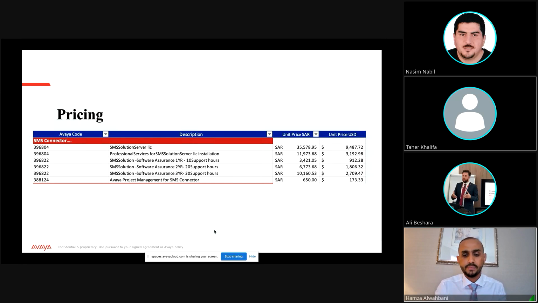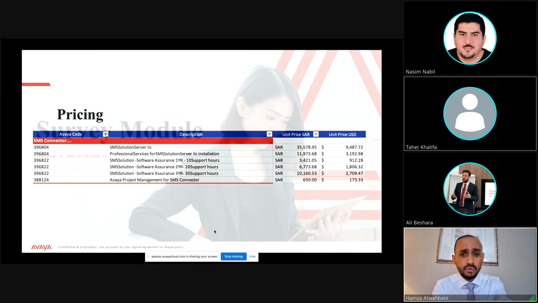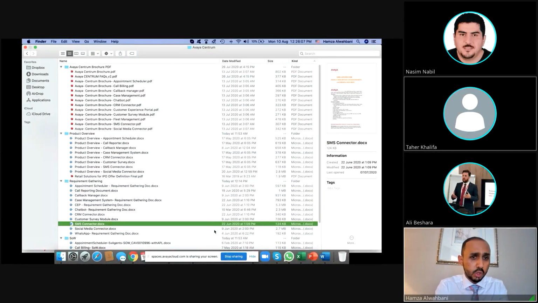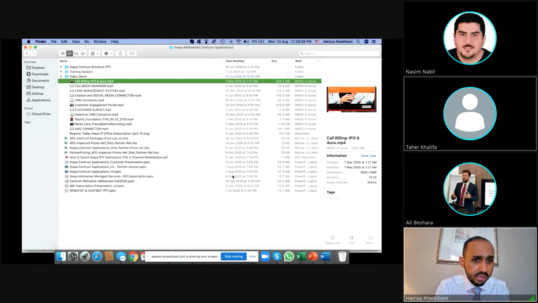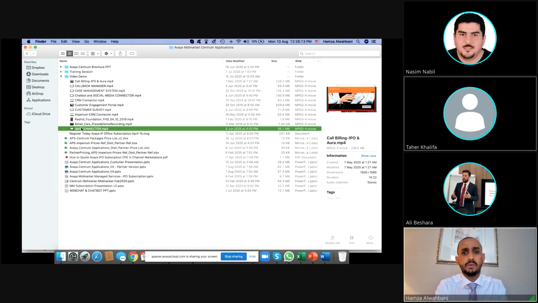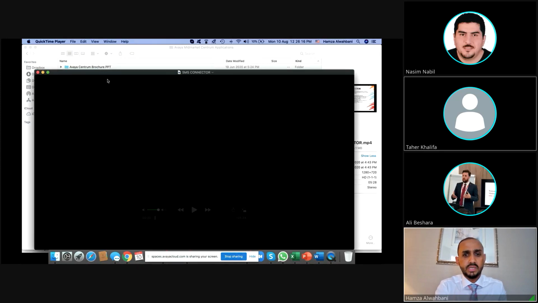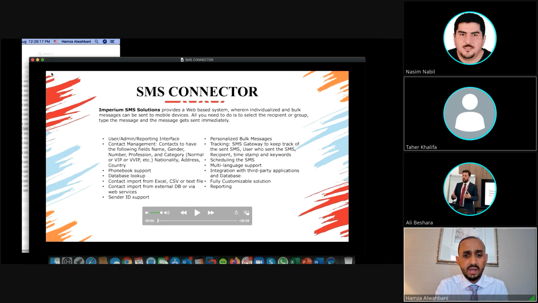Okay. The last part of SMS is the demo. Let me show you the customer SMS connector. Okay, can you see the SMS connector? In this file, the Avaya